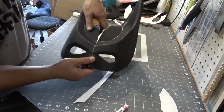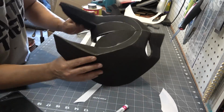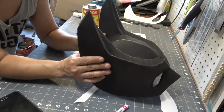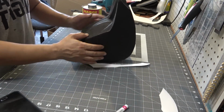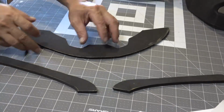I just put in the stuff that you need to know, like this part right here where I'm merging the two pieces together. And normally, to get my edges all nice and even, I would use the surface of my table, but because of the bat ears, that's kind of impossible. So I have to eyeball it and make sure everything gets on there nice and neatly. Now moving along to the